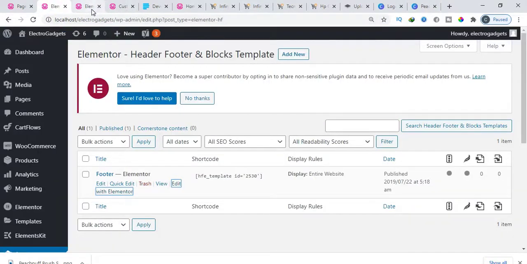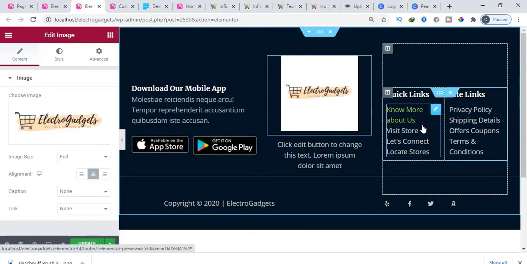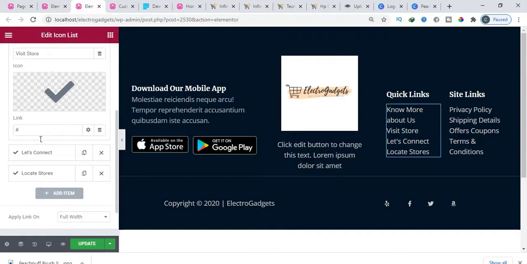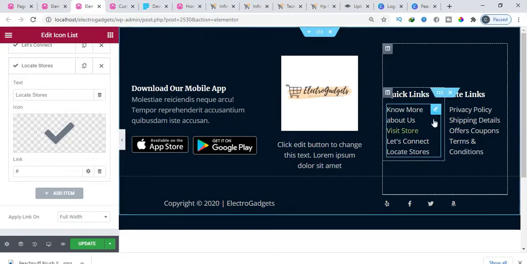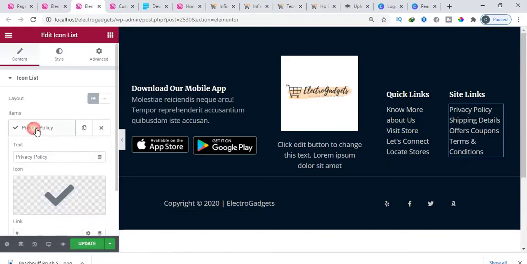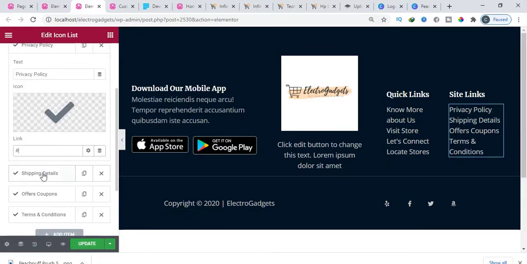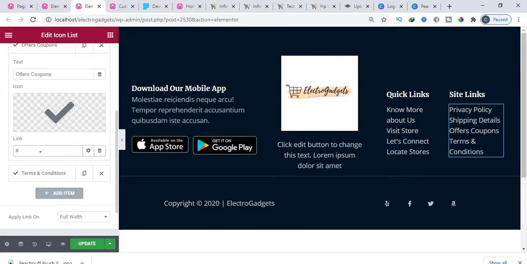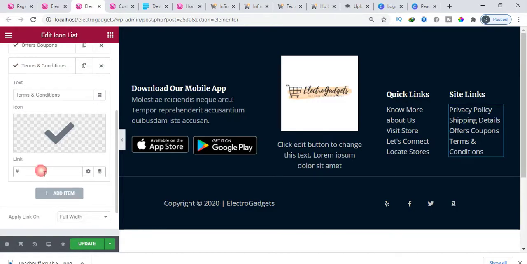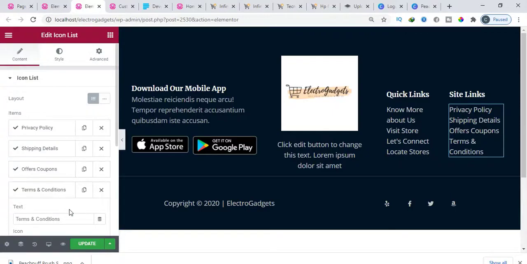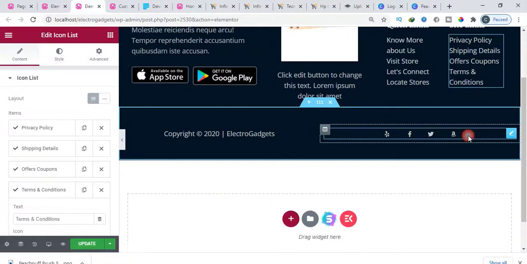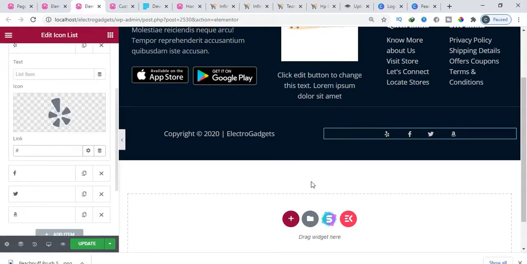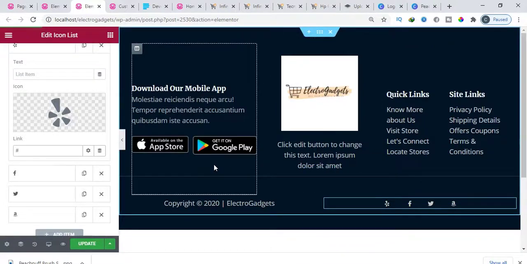Okay, now make sure that after changing everything, also you can decide to change this know more about us. You can include links here to visit that, visit our store, connect with us, locate stores. Okay, then also for the site links here, the privacy policy page, you can include the links to that page. Also the shopping details here, the coupon, if you have coupons, you can click on links to see for the available coupons. Also for the terms and conditions, include the links for customers to see the terms and conditions on the website. Then also for the social media handles, if you have social media templates or pages, you can include the links for customers to visit and see some of the available products on your pages.